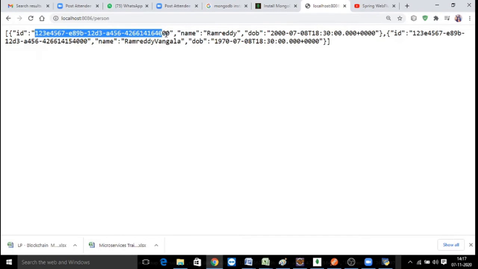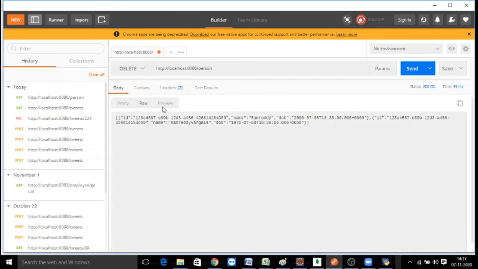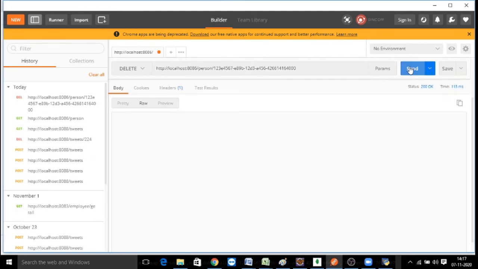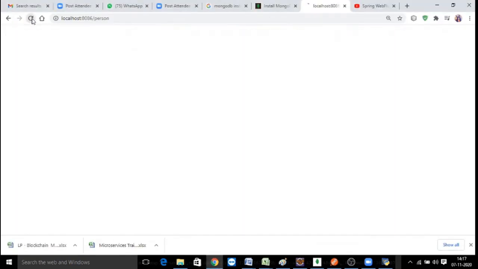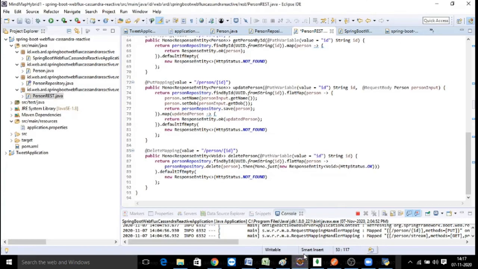You just select an ID, so that if you wanted to practice with the delete request, you go with delete, and then person, you pass your ID, then you send the request. Right now if you wanted to go and check with the get request, that got deleted.